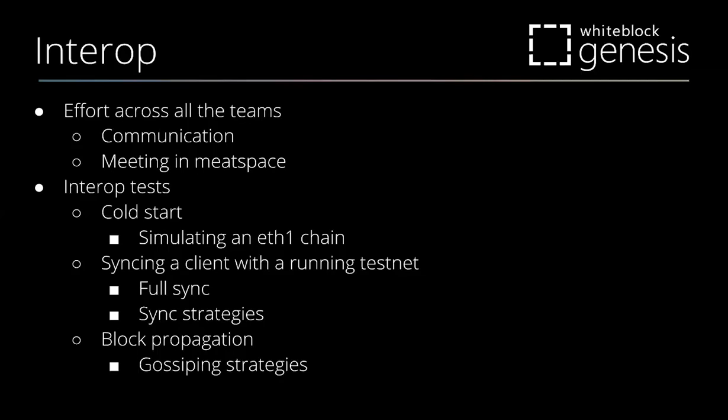In terms of how we go about it, we try to simplify the problem of creating a complete blockchain to simple tests that we can operate with in an isolated fashion. One of those tests that we started with was what we call the cold start, and it's now present on the ETH2 PM repository. The researchers and implementers came together and decided how they're going to simulate an ETH2 Genesis event so we can make sure that all the clients start at the same time, are able to gossip blocks, are able to come to consensus, and get the same blocks across.